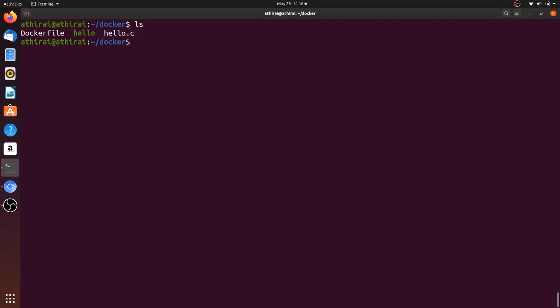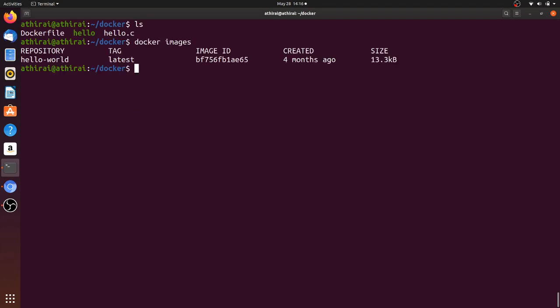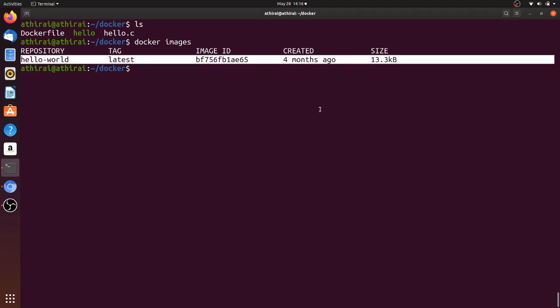Now I have to build, so I will show you the list of images I have in my machine. So docker images: only the hello world image which we pulled from their repository is available now. I'm going to run the docker build command, and I have to give the context path in which this build is going to happen.